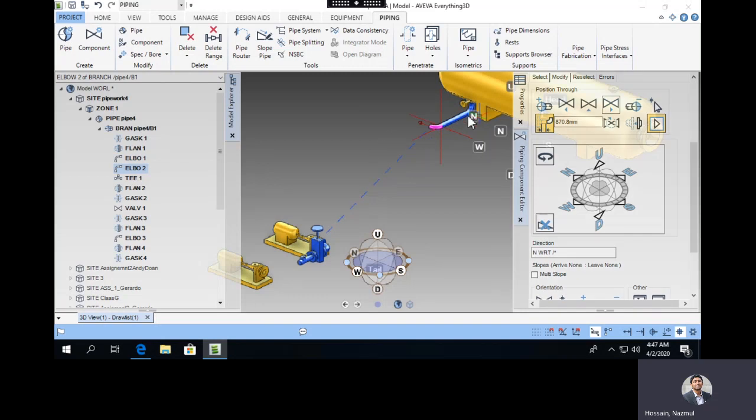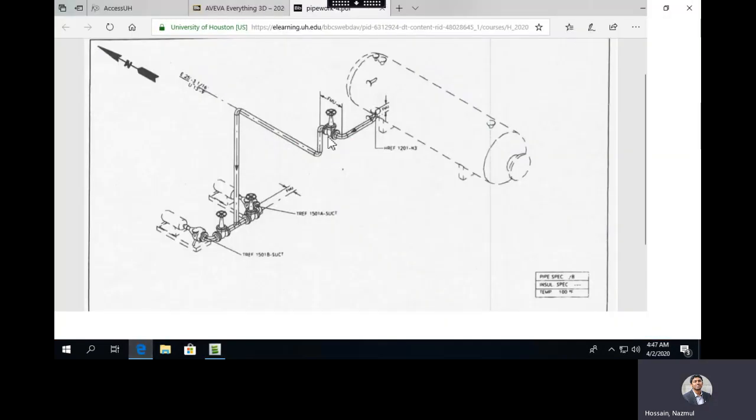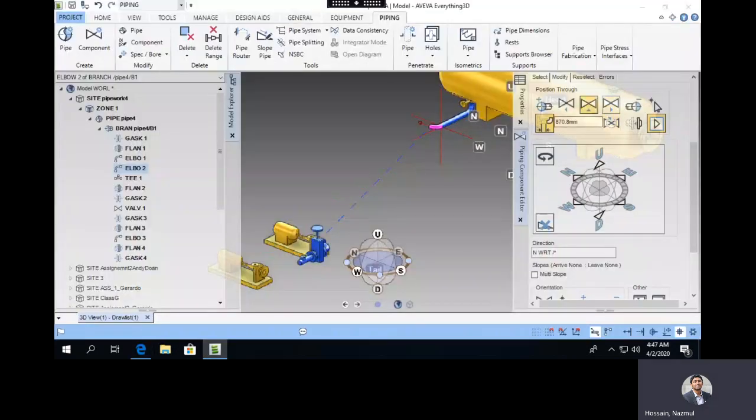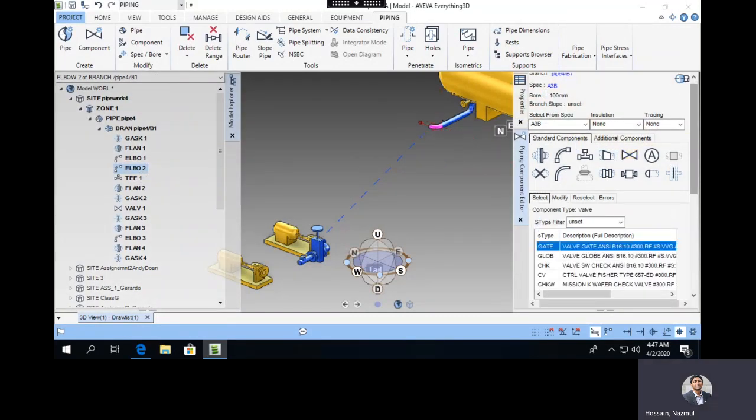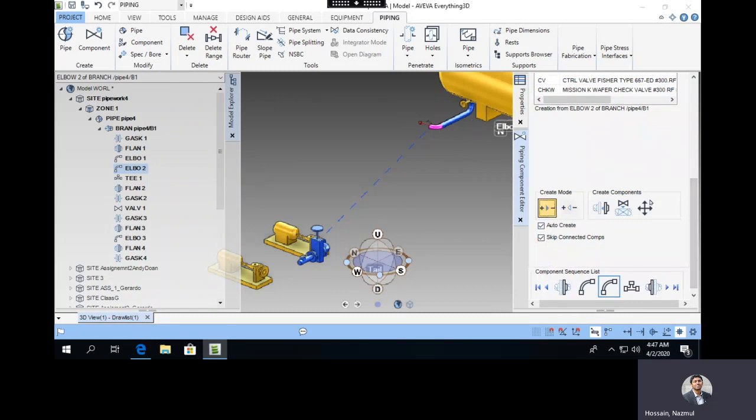As you can see, this straight distance comes in, and then after that I have a valve, and then a downward elbow, and the other two elbows. So same way, elbow 2 is selected. I'll just generate the valve in here. In the flow direction, make sure you always check the flow direction. Okay,